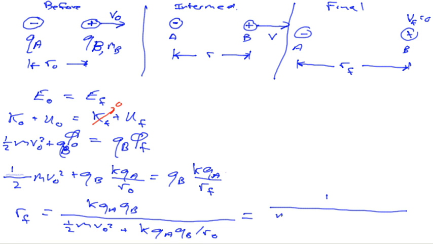So I have MVO squared divided by 2. That's what I started with, the 1/2 MVO squared, and then I'm dividing every term on the bottom by QA, KQA QB,